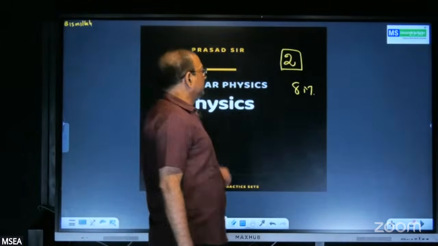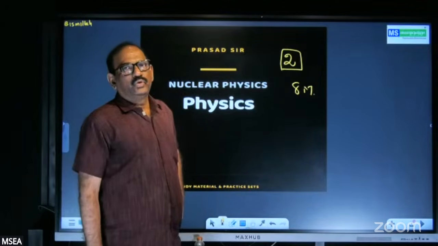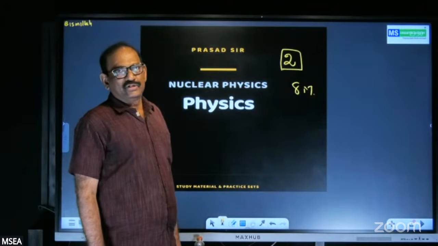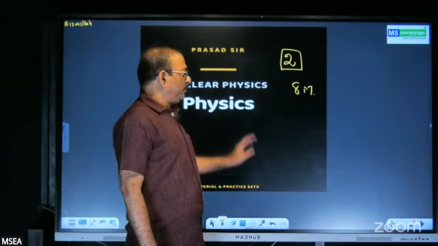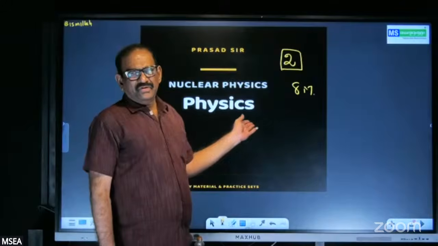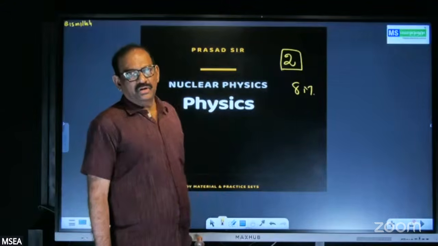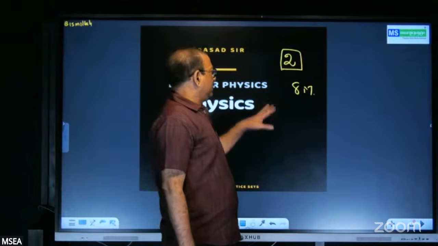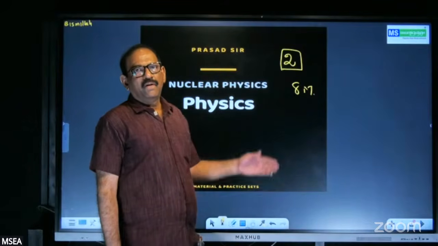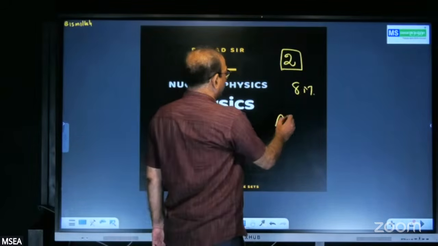On May 3rd NEET exam, from this chapter, they've given 2 questions. Both are from properties of nucleus only. One is they've given nuclear density, mass of nucleus, and they asked the mass number. And the other is some statements given: volume of nucleus is proportional to mass number, volume of nucleus is proportional to mass number power 1 by 3,